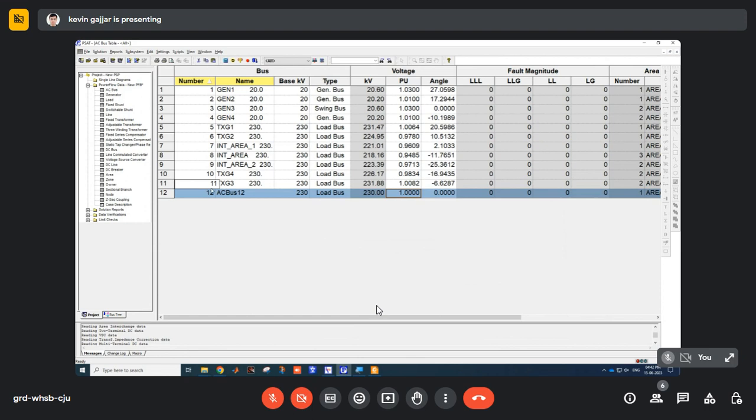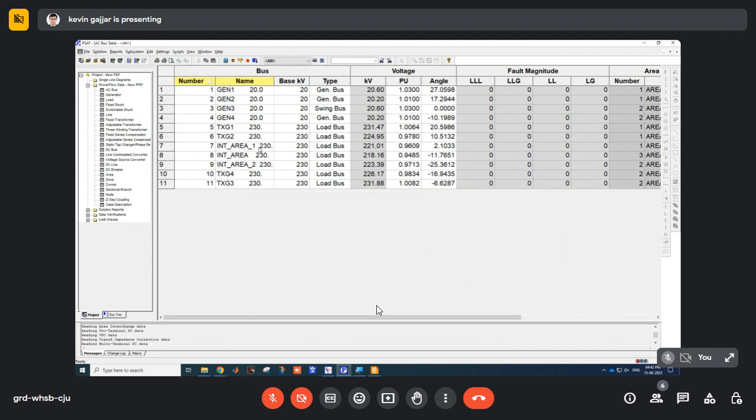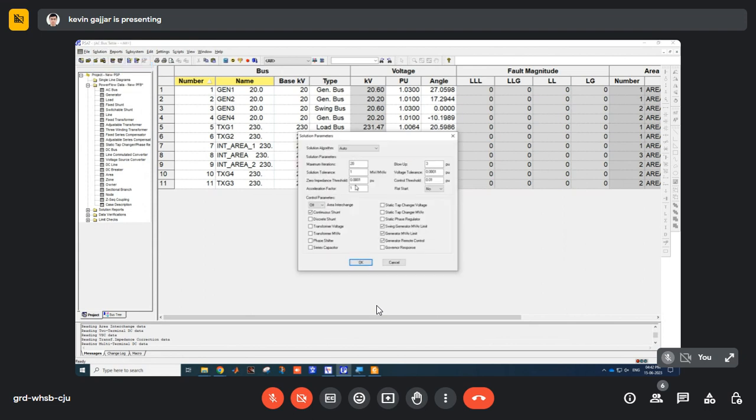But for a bigger system, it is better if we have the saved raw file. Then we can just simply import it and edit it, and then we can see how we can solve the load flow here. So let me just delete this additional bus, and done. Okay, now once we have the data loaded here, we have different parameters to set to solve the load flow. So in the parameter tab,